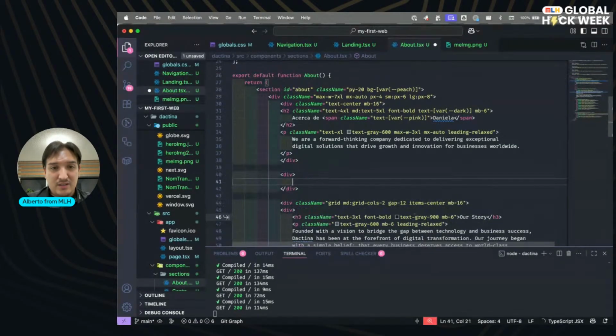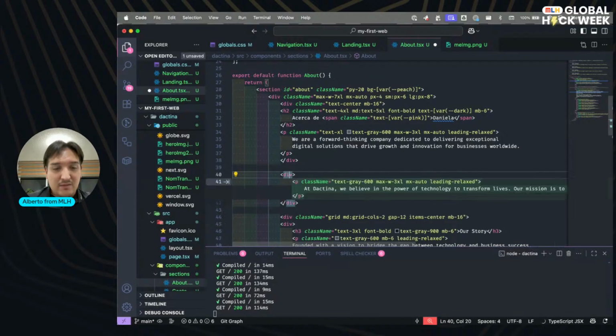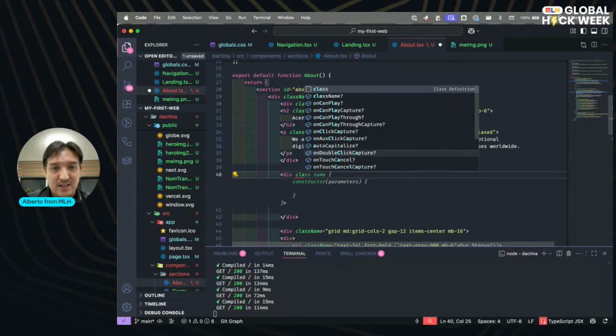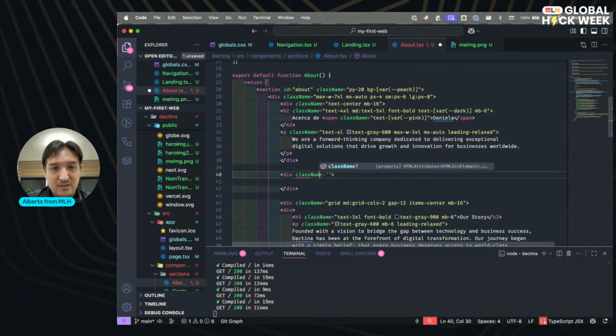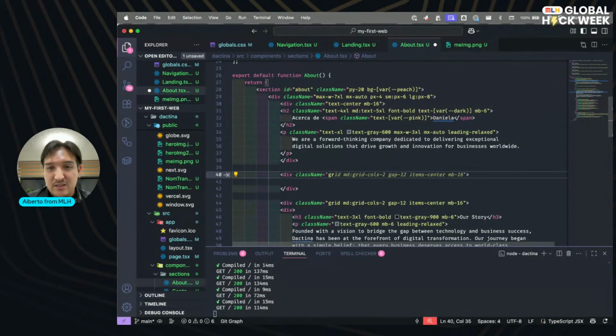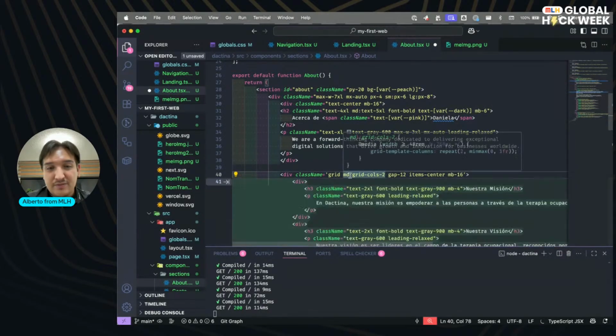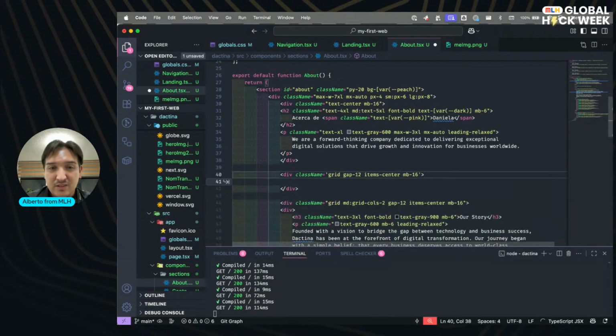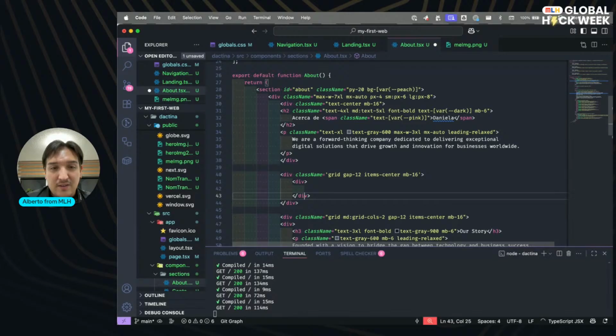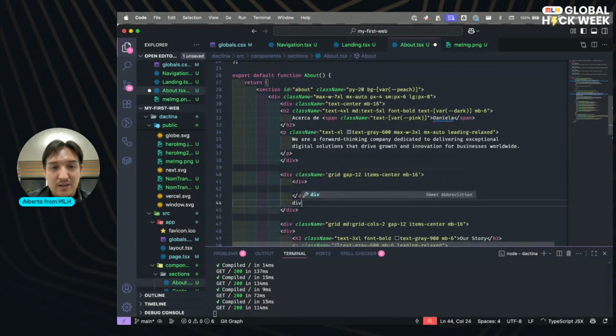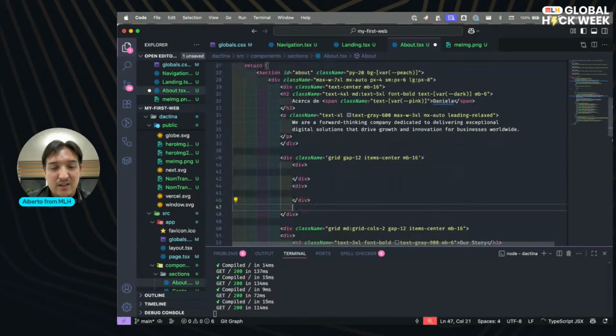Div, and inside this I'm going to create a class name grid. With another div, and then another div, and then another div.